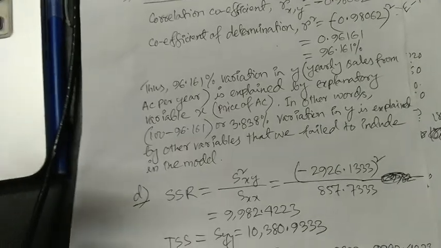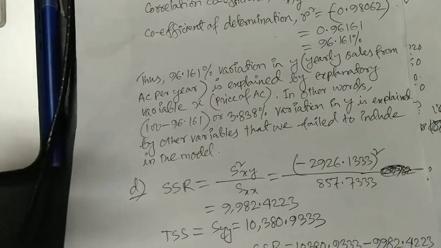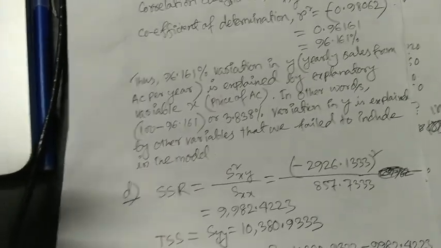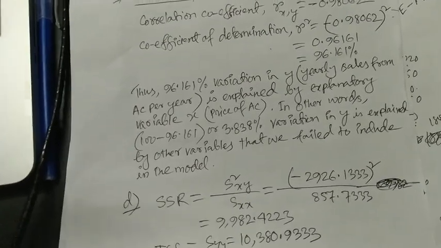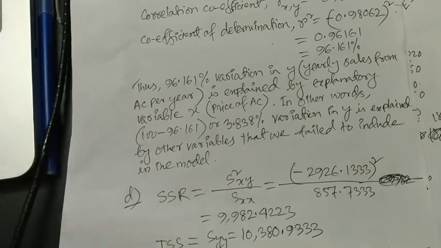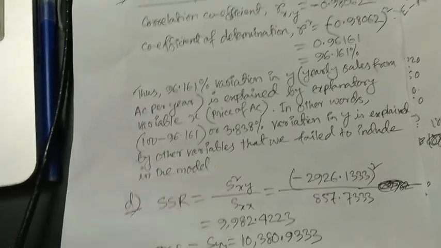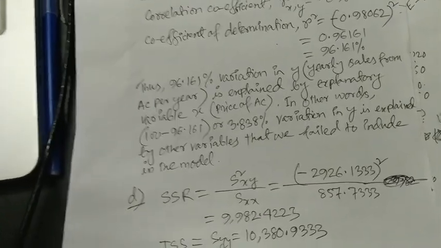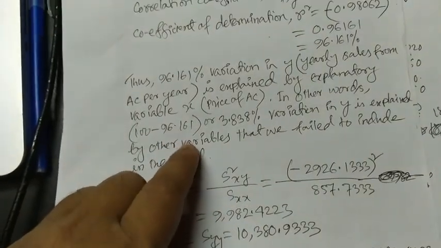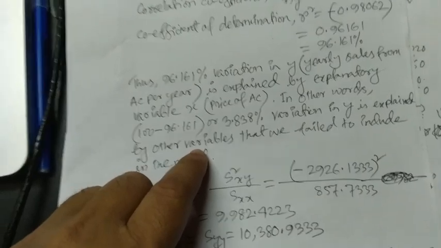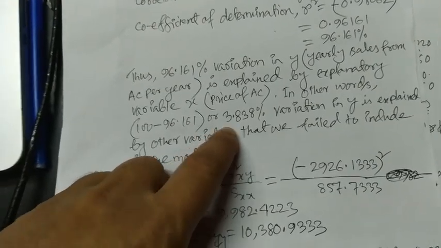So that means even if they reduce the price of air conditioners, many people will not buy them now. So that means income of people and the economic condition of our country can also be a factor behind the yearly sales of air conditioners. So that means price of AC cannot be the only factor. So that means, in other words,